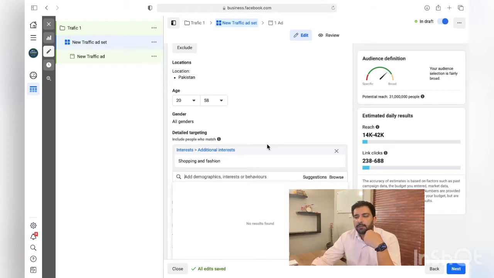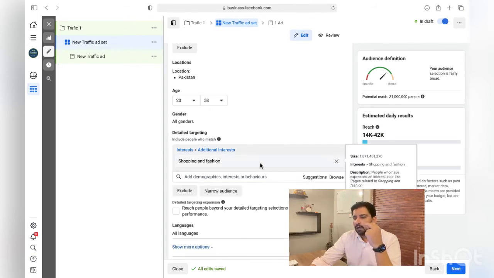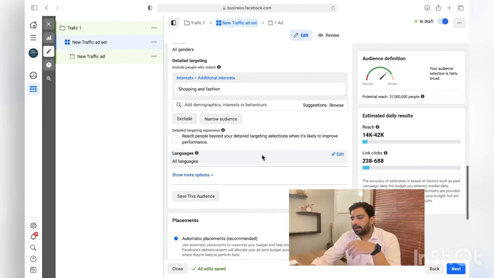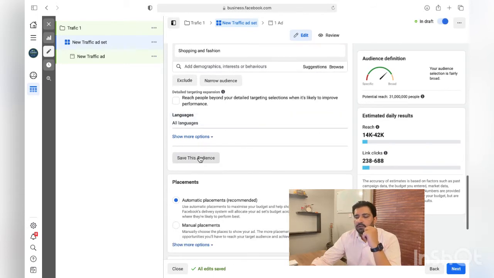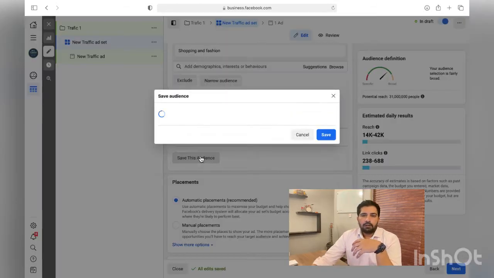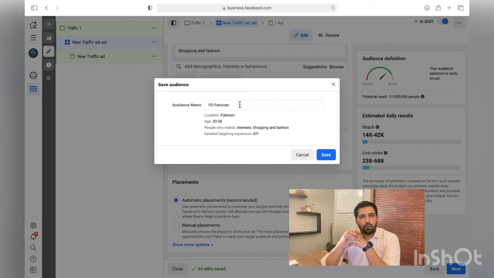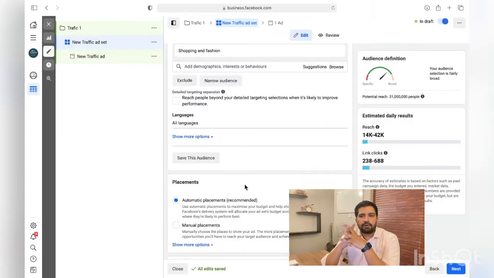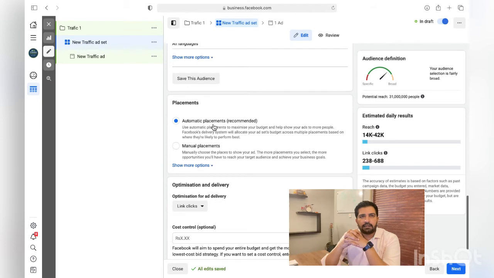For instance, people who have shown interest in fashion on Facebook number about 187,140,12007. So this is very important. You have to choose those interests which have a bigger number, bigger in size, and which basically are more relevant to your page.